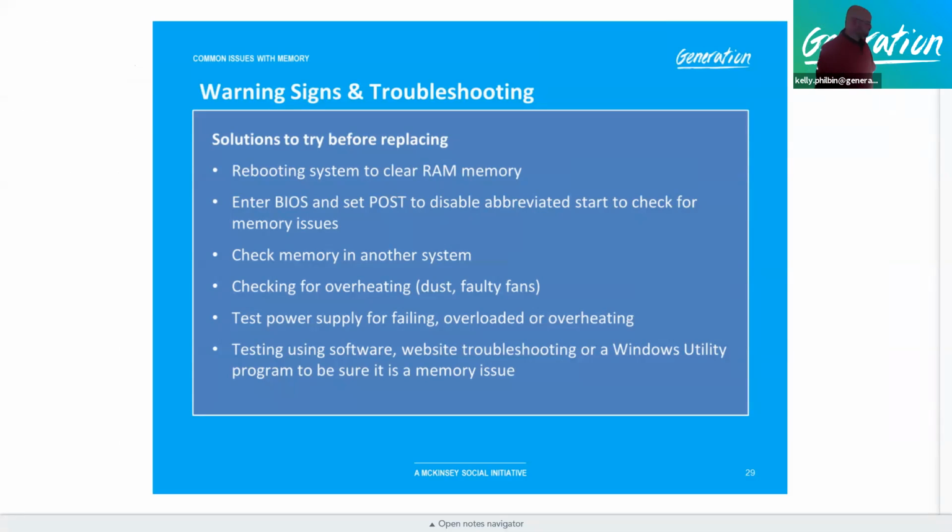Basic solutions to problems. If you're running slow, one thing you can do, you may have multiple processes running, and just do a basic restart. That's why one of the first things a technician is going to ask you to do a lot of times is say, have you done a restart? Because it's amazing how many times that actually clears up the actual problem, because it clears out the entire RAM